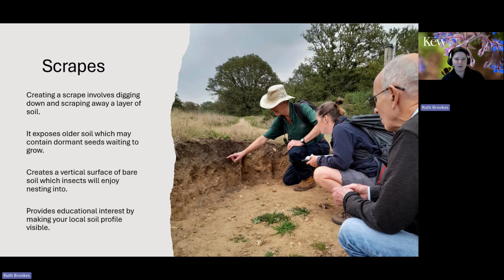And this can expose dormant seeds which are waiting to germinate. So at Barnes, they were doing it to see if there were any historic seeds from plants that don't grow there anymore, locked away in the soil. And they were hoping that scraping the topsoil off would actually reveal them. It can be particularly useful if you've had soil which has been heavily enriched. So if you're developing a site that used to be an agricultural field, for example, you can just scrape off that over-enriched top layer and it'll get back down to a less fertile soil, which is actually beneficial for